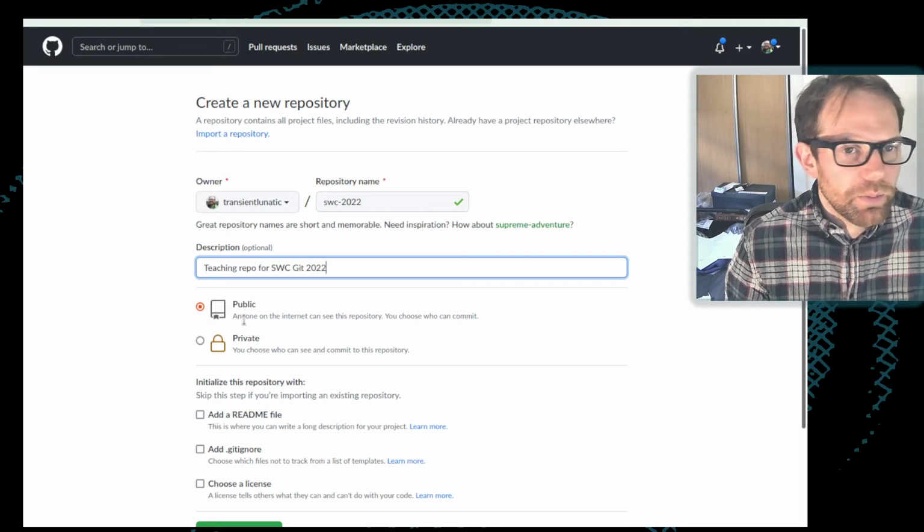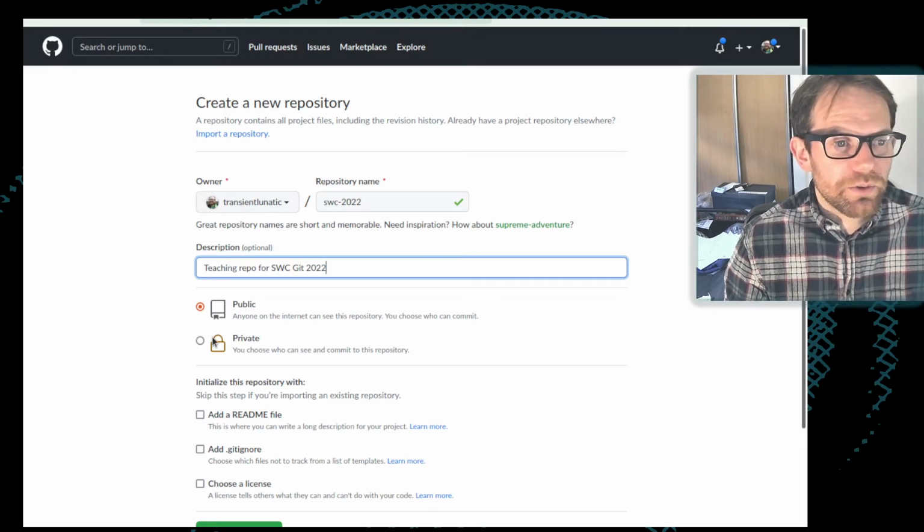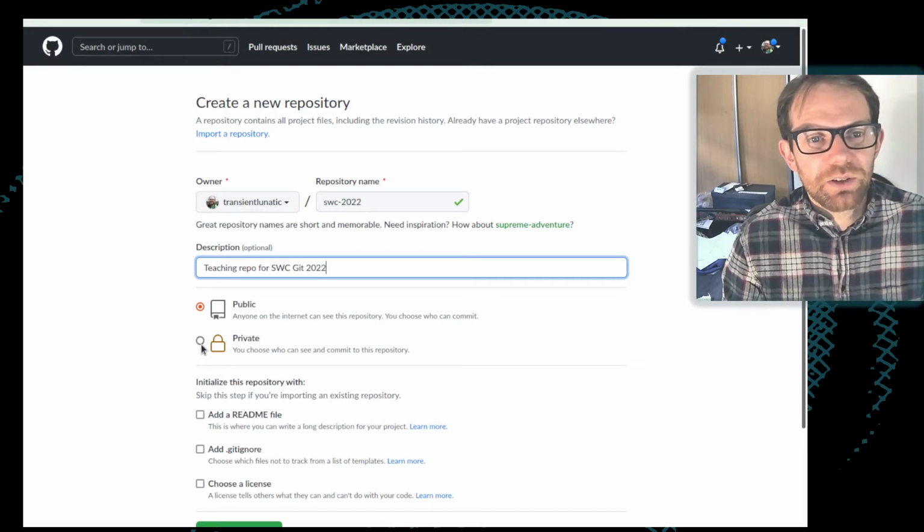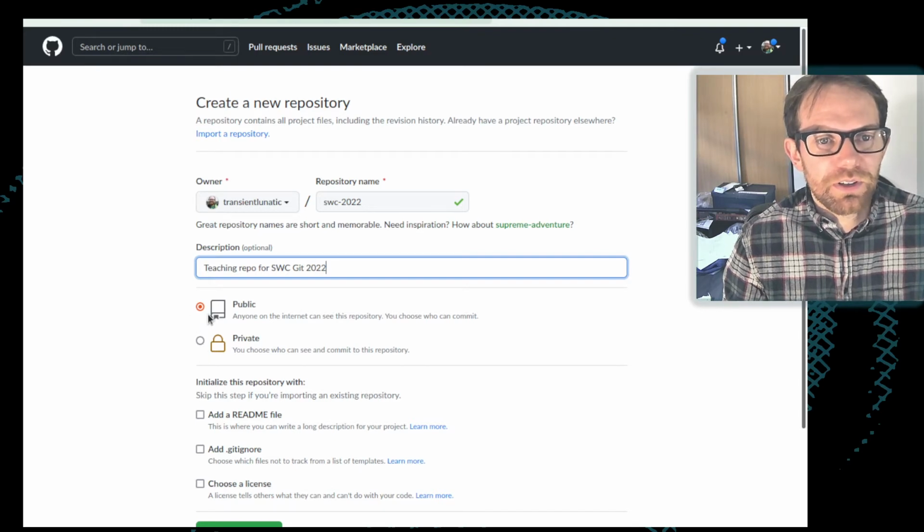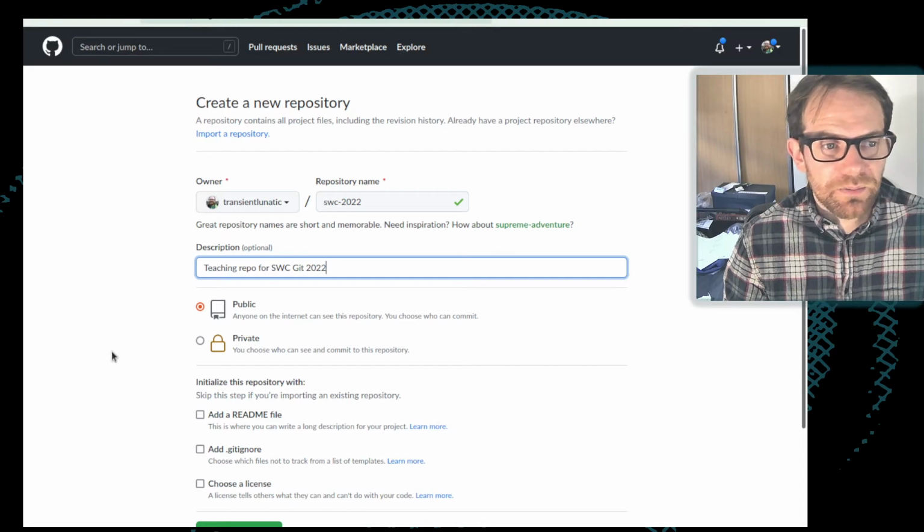And then I can choose whether to make it public or private. So for a normal account on GitHub, you're limited to a certain number, I think, of private repositories. You can apply to get a GitHub for Education account, which is what I have, which allows you to have more of these. But in general, if you want other people to work with your code and to see your code, you'll want it to be a public repository so that they have access to it. But there are situations in which you'll want potentially to have a private repository as well.